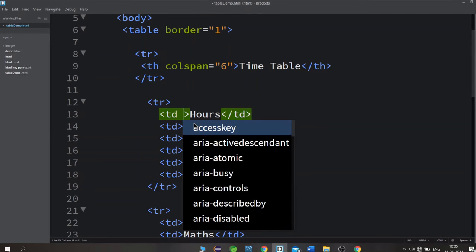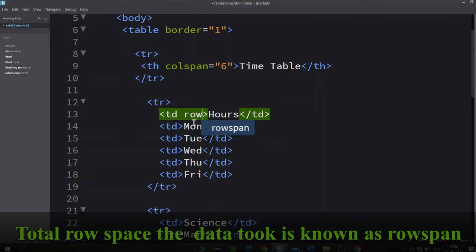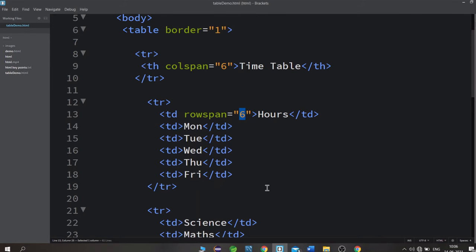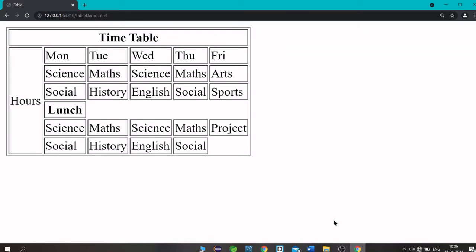In the table data where the hours are mentioned, we need to write row span of 6. 6 means it's taking the 6 rows. Here we can see 1, 2, 3, 4, 5, 6. 6 rows, as the timetable is taking 6 columns. Okay. So let's save this file and see it in the browser. You can see the hours took the 6 rows.